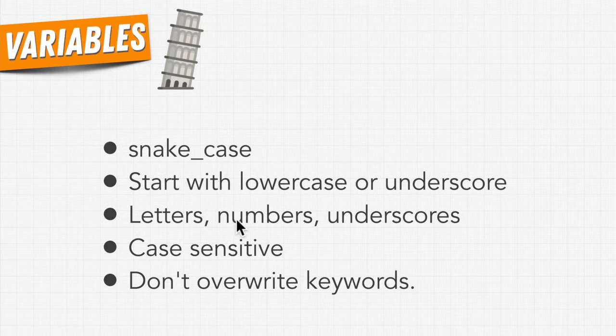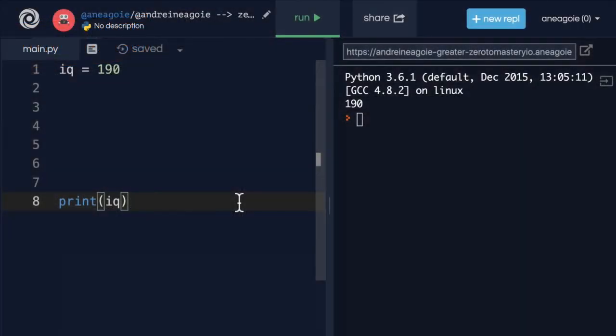But remember, they have to start with lowercase or underscore. That means we can't start a variable with a number. They're also case sensitive. That means if I create a variable, but let's say this snake case, this variable has a capital E instead of a lowercase e, that'll be a different variable. And then finally, you can't overwrite keywords. Let's go through these with some examples. First, a variable has to be in the form of snake case. That is, if I want to call this user IQ, I should technically have an underscore here instead of a space,